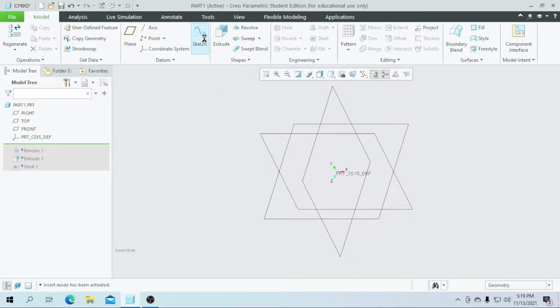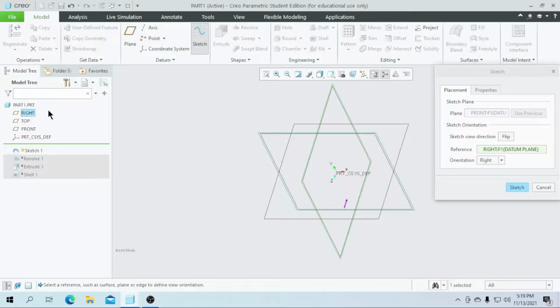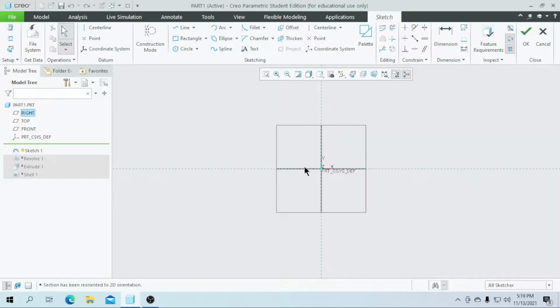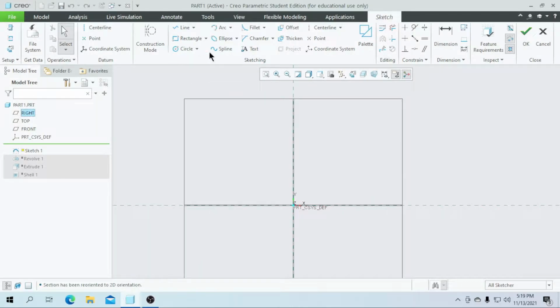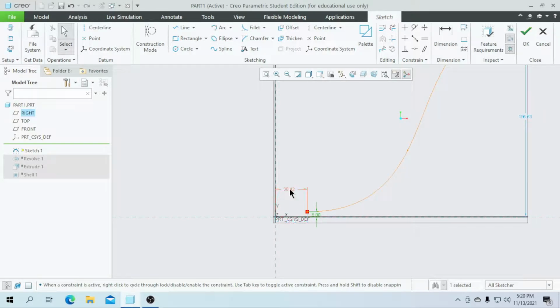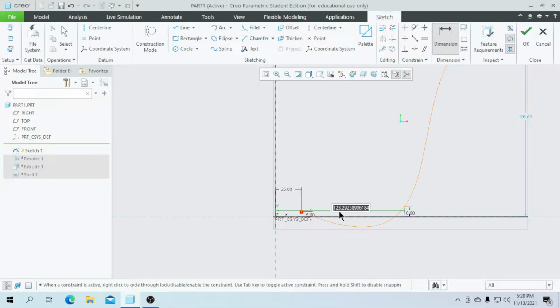For that, go for the sketch, select the front plane and automatically it will go for the right reference. Go for the sketch and go for the sketch view. Here I am going to draw a curved line with the spline option. Go for the spline. I need 4 points like this. Then let's go for the dimensions. I need this height to be a value of 5 and this length to be a value of 25, and select dimensions, select the first point and this horizontal line. I need this height to be a value of 10 and this length to be a value of 38.